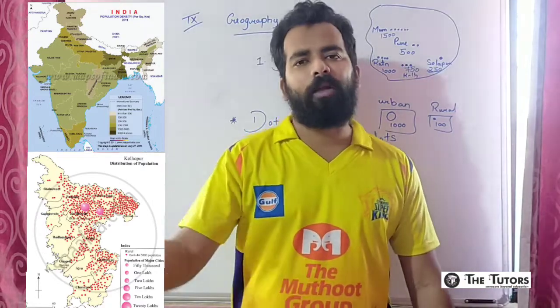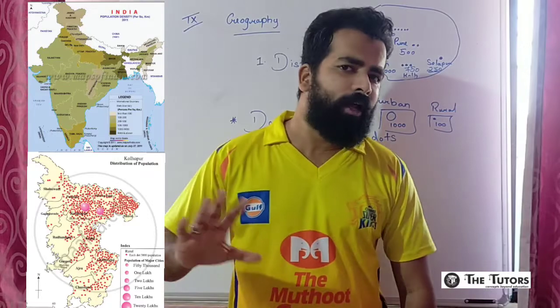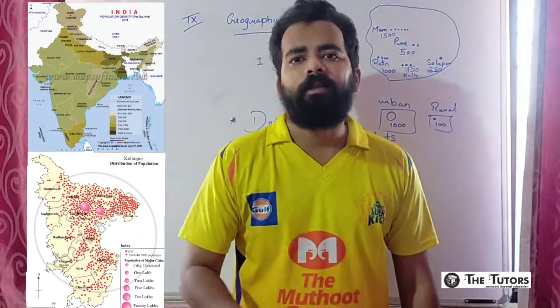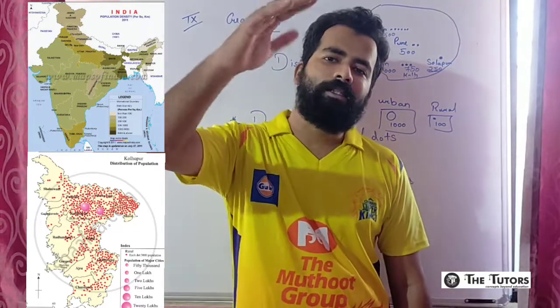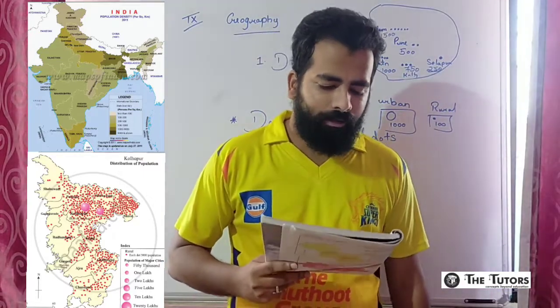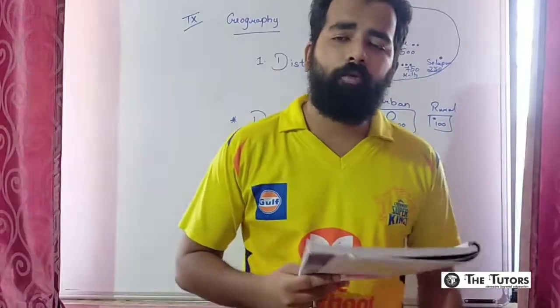Whichever color we are taking, only one single color should be taken and its shades should be used. Like you will not put brown, orange, green, blue. You should not make a mix of that. You do not have to make a rainbow there. You should only take one color, and you have to adjust its lightest to the darkest shade in a map according to the data given to you. That particular thing is called the choropleth method. I hope you people have understood.